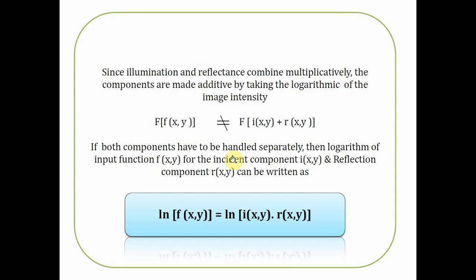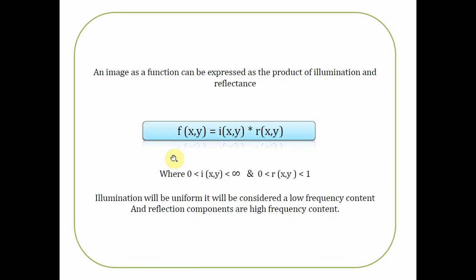Now, how will we actually get the additive properties from the multiplicative properties of incident rays and reflected rays? In order to get the additive properties, first we need to take the logarithmic function. So the very first step is to take a logarithmic function of f of xy. If you have f of xy, which is a multiplicative property of incident ray I of xy and reflected component r of xy, first I will take the logarithmic function of f of xy,